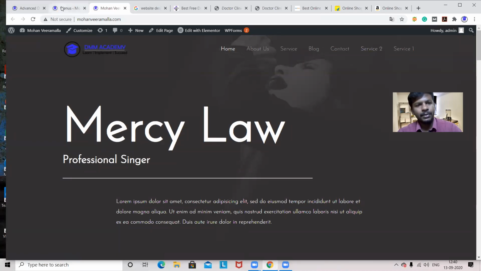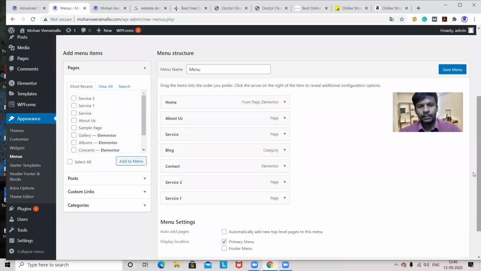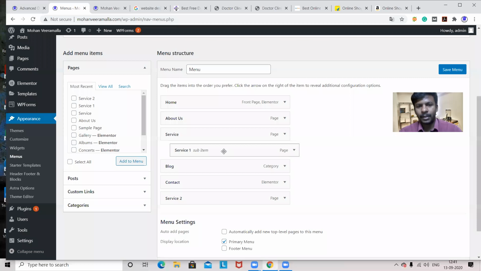Then what I should do, I should go to the menu here, roll down, whichever you want to show under services, take that one. And when I'm going here, you can see a dotted box in the background, which is showing after services. So drop it down there. Then it will be a sub menu. If you are dropping here, then it will be the main menu.